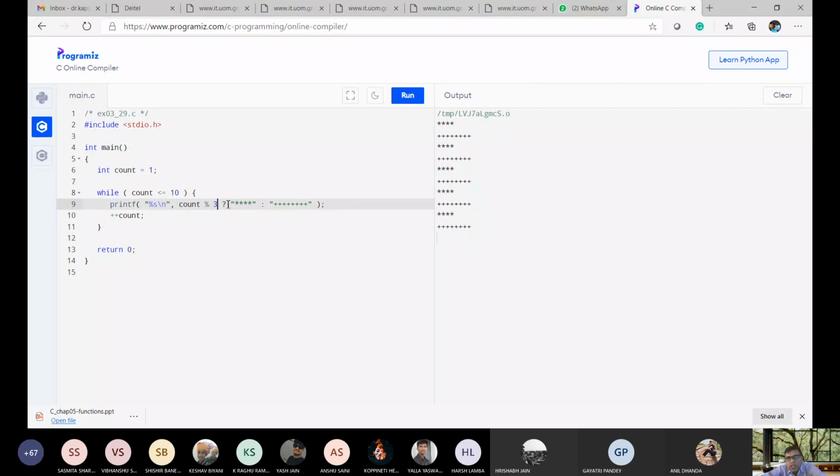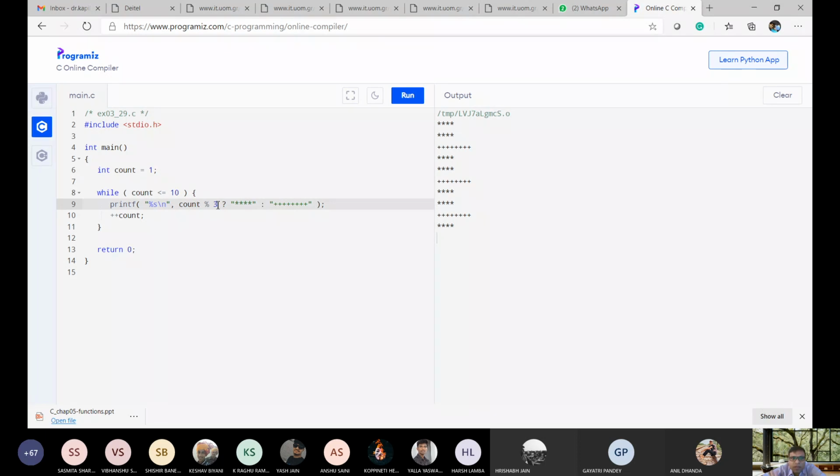It will start with star, then star, and then plus. Is it clear to you? Why is this coming? Because the output of this is 0, 1, and 2. So 0 is always false, but 1 and 2 are true.